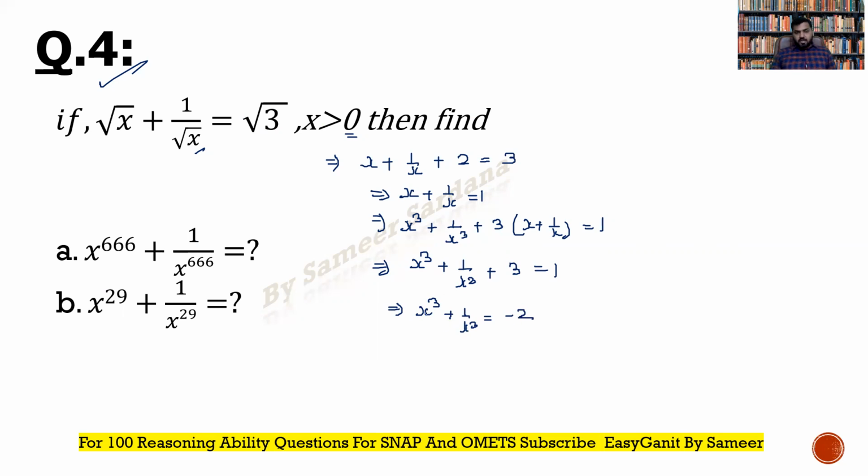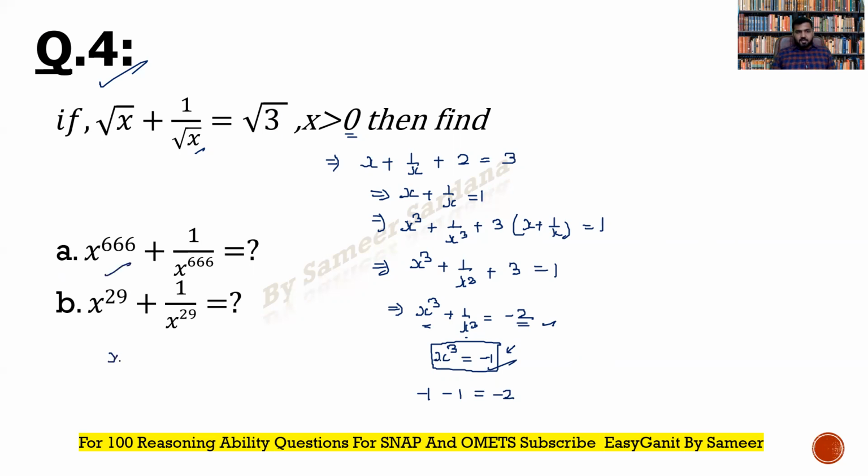Right, now here you can use the result that if x power 3 plus 1 upon x power 3 is equal to minus 2, can I say that in this case x power 3 will be equal to minus 1? Why? Because if I want both of these two values to be equal to minus 2, if I put x cube as minus 1, this will become minus 1, as well as this becomes minus 1. So minus 2 equal to minus 2, right? So can I say that x power 3 will definitely be equal to minus 1, right? You can use this result to find out the values of this expression, because now I can say that if x power 3 is equal to minus 1,